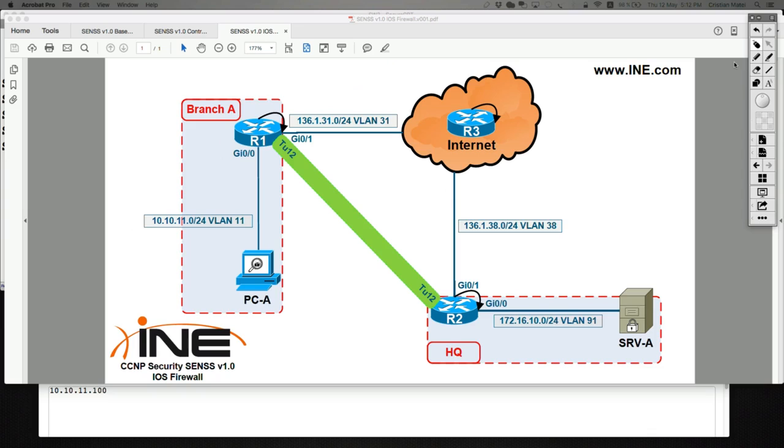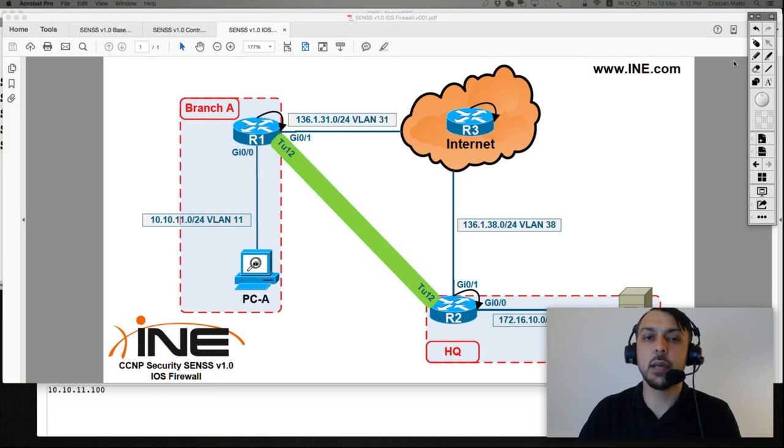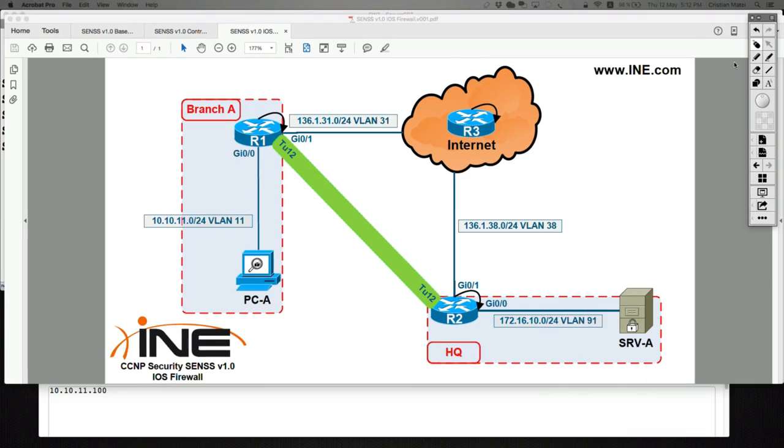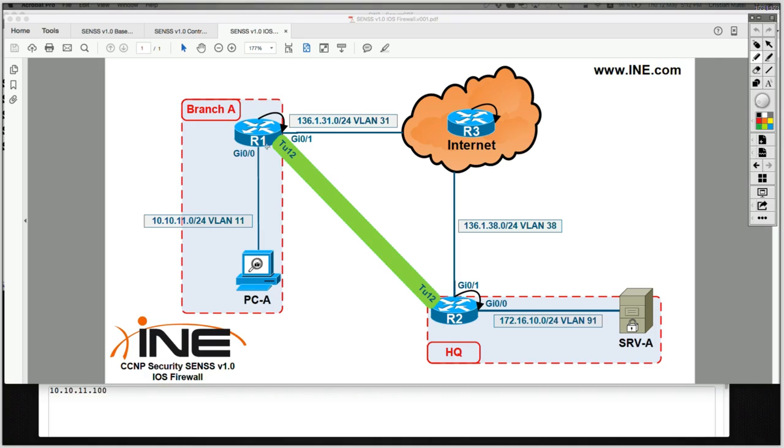And I want to make sure, I forgot to state before we go to the configuration part, to make sure everybody understood something very clearly, which I think I forgot to mention yesterday. For NAT to work, traffic has to flow inside outside or outside inside. Like if I configure this interface to be IP NAT inside and the tunnel interface to be IP NAT inside likewise,